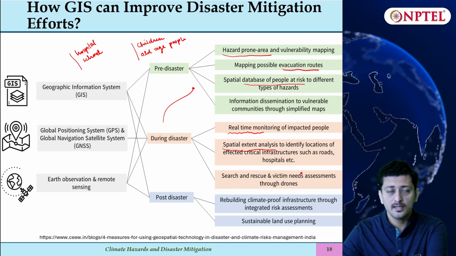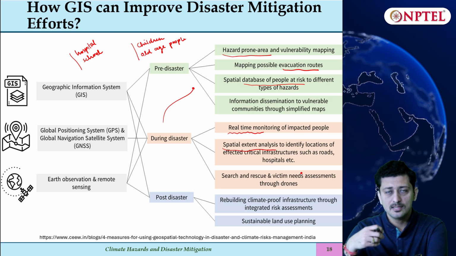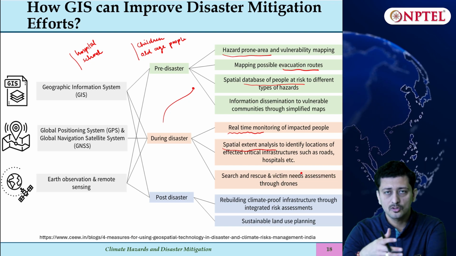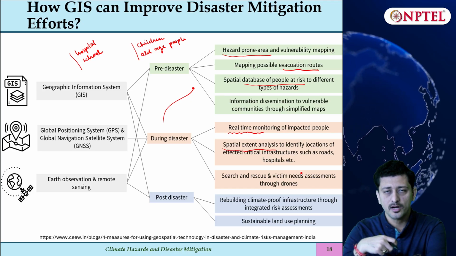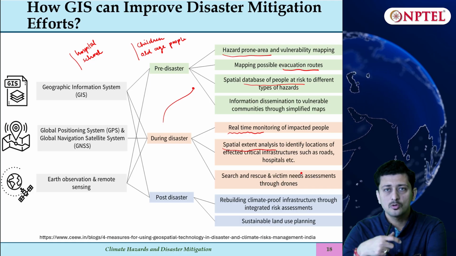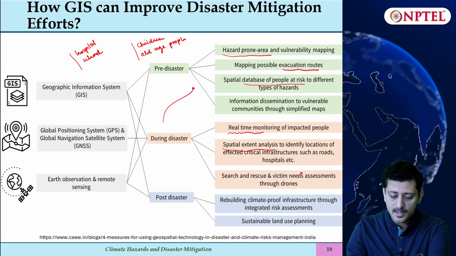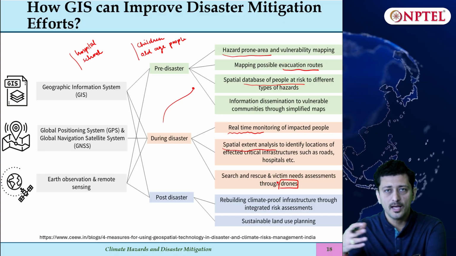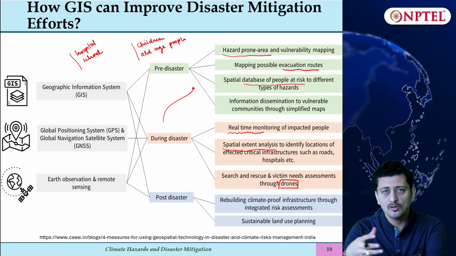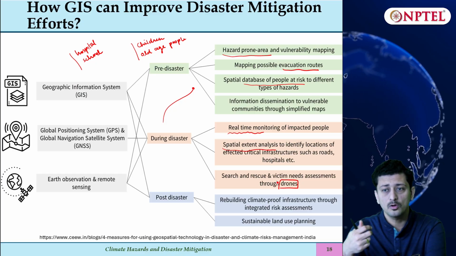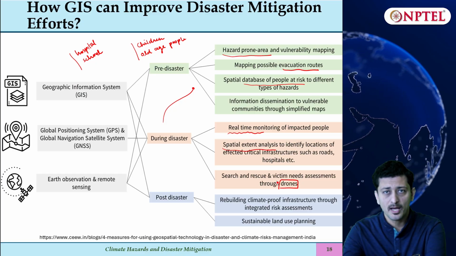Sometimes, like in the case of a landslide or flood, the physical connection through roads or any other modes of transportation is distorted. So what can be done in that case? Drones are very effective, because drones can fly and capture the imagery required, or nowadays drones are used to give essential supplies also.